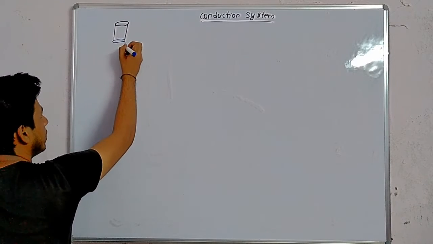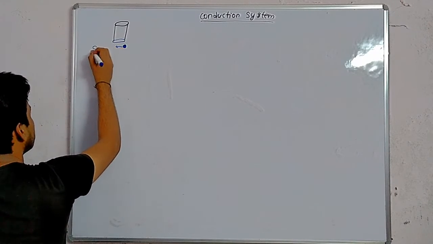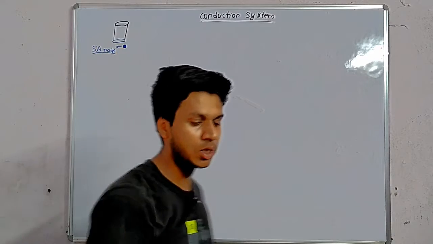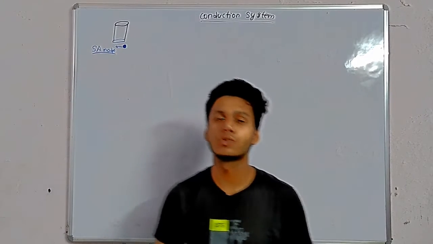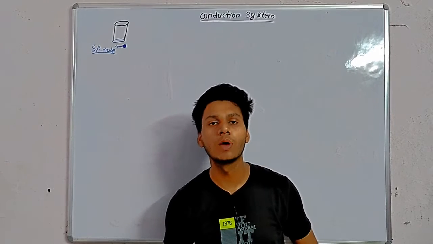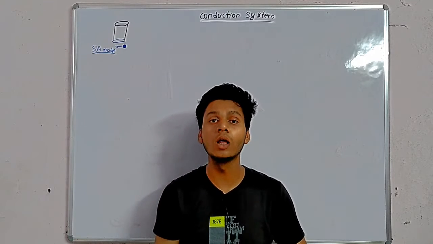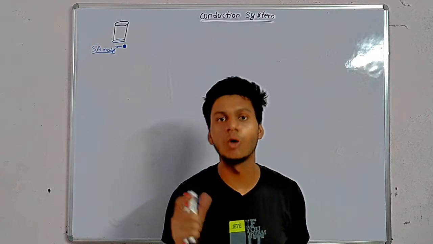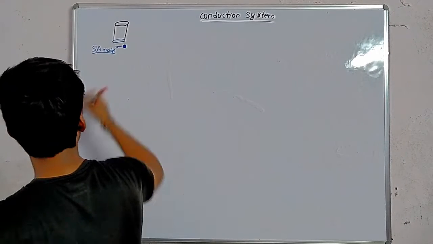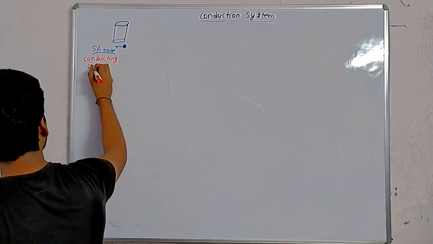Just near the superior vena cava there is a nodal tissue cell. This is called the SA node, nodal tissue. In the heart there are two types of cardiomyocytes present. Cardiomyocytes means muscle cells of the heart. One is contracting cardiomyocyte and another is conducting cardiomyocyte. The muscles which conduct the impulse are called conducting cardiomyocytes and those which contract the heart are called contracting cardiomyocytes. So this is part of the conducting cardiomyocyte.